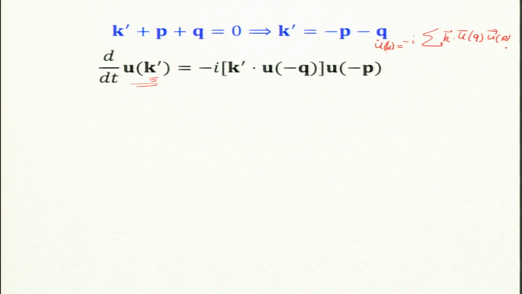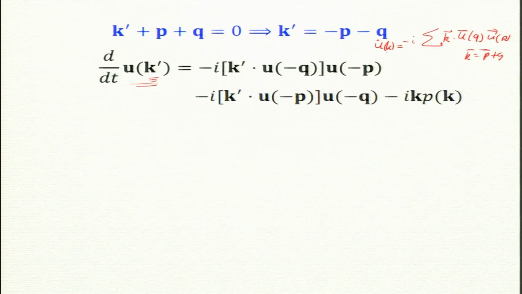So k equal to p plus q for this one. What was k equal to? It was p plus q. So what is k prime? Minus p minus q. When I write u_k prime, because I want to treat them symmetrically, I have to write minus p minus q. So instead of q I have to put minus q, and instead of p I have to put minus p here, and this is a pressure gradient. The viscous term, don't worry about it right now. Is that fine? This equation is okay. So instead of k equal to p plus q, I am using k prime as minus p minus q.